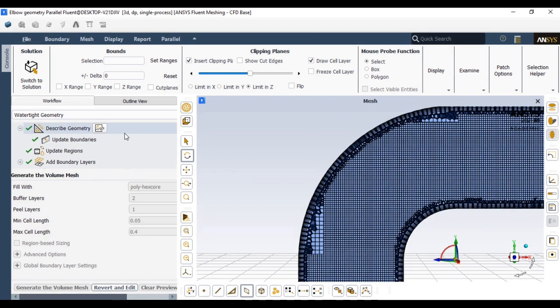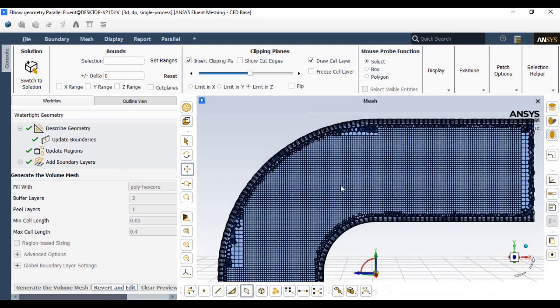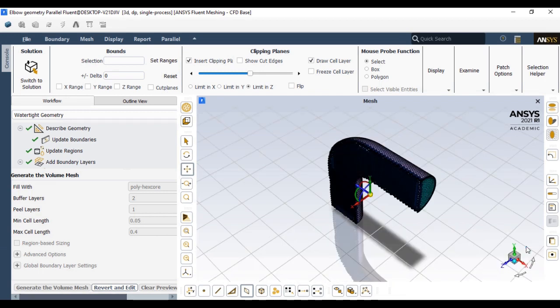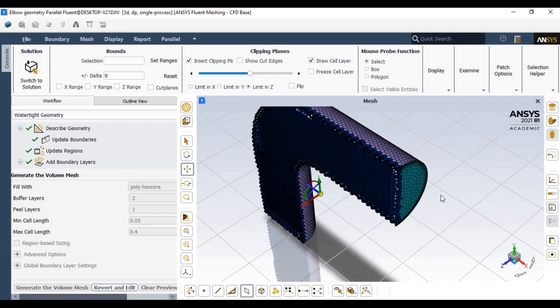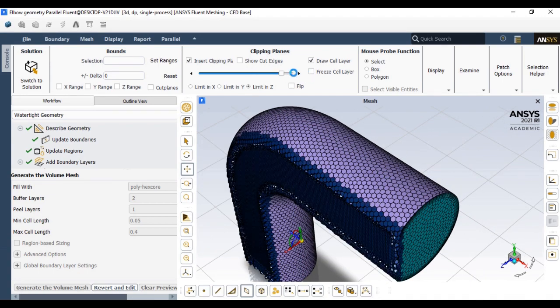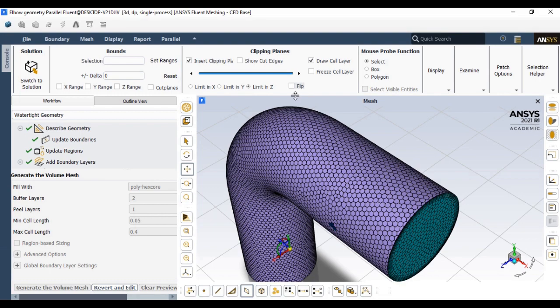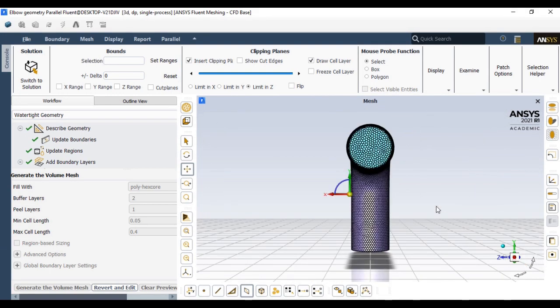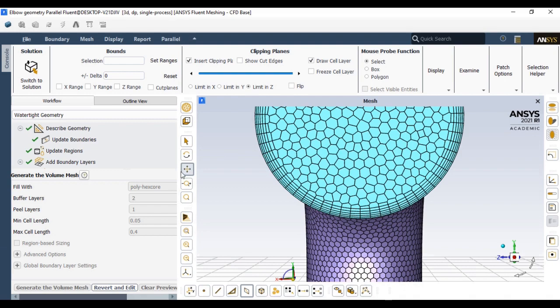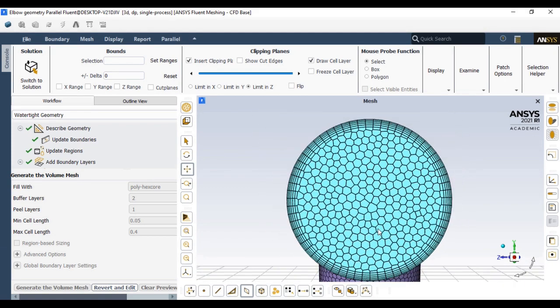Just near this curvature we have a poor mesh, which you can remove by using the local sizing options. But overall this is a very good quality mesh you can generate with the help of the polyhexcore option. This is also known as the mosaic mesh offered by Fluent Meshing. So this is how you can create a very good quality mesh by using Fluent Meshing.